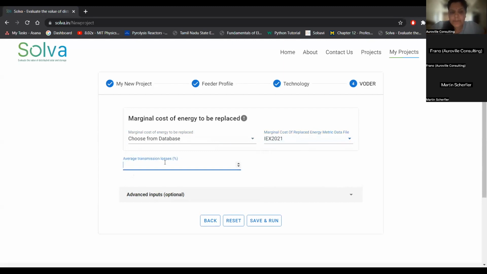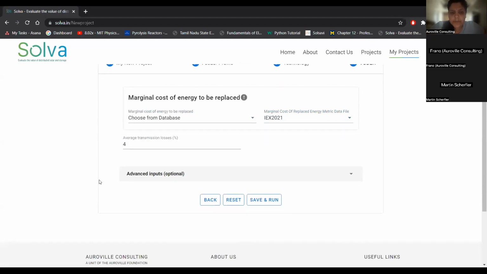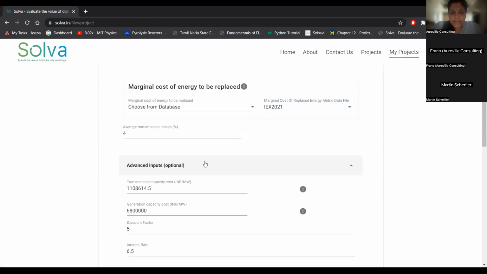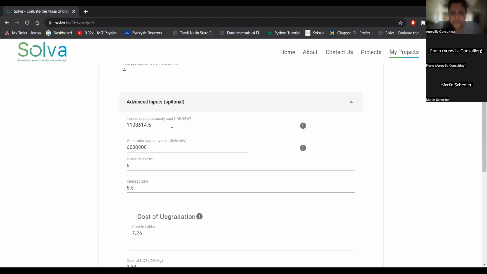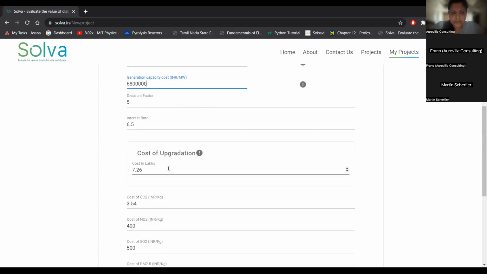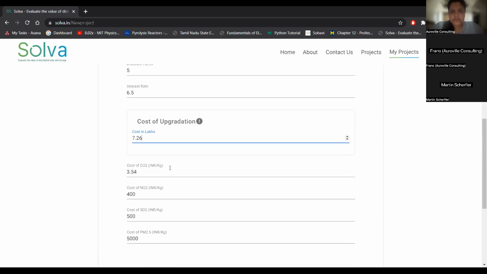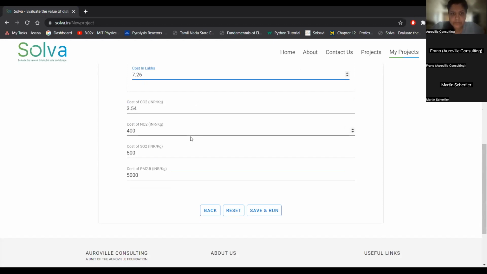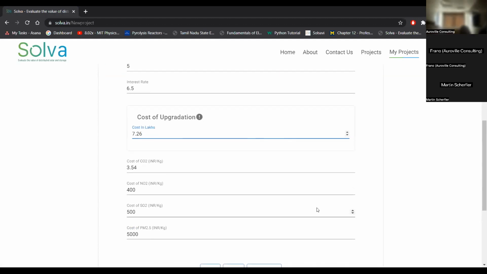We define our transmission losses to be 4% in this scenario, and further, if needed, we could define the additional inputs, which include your transmission capacity cost, your generation cost, cost of upgradation in case of DT, and the emission values for the 4 pollutants in the analysis. Finally, we run the analysis